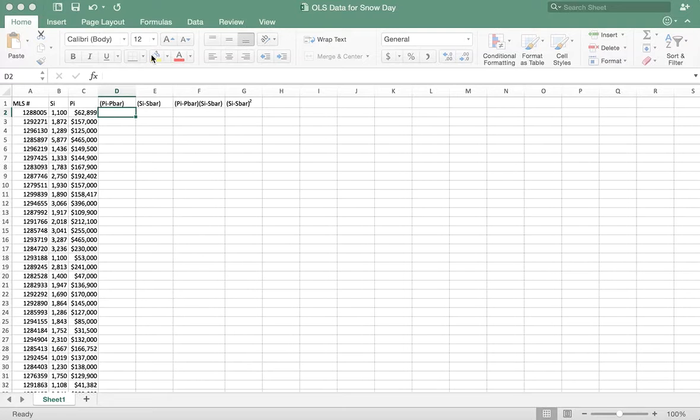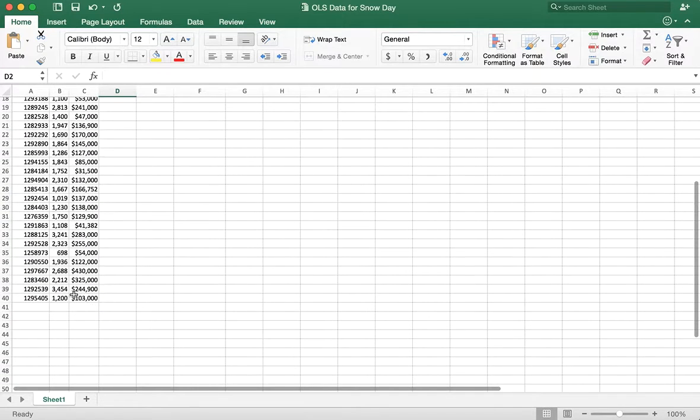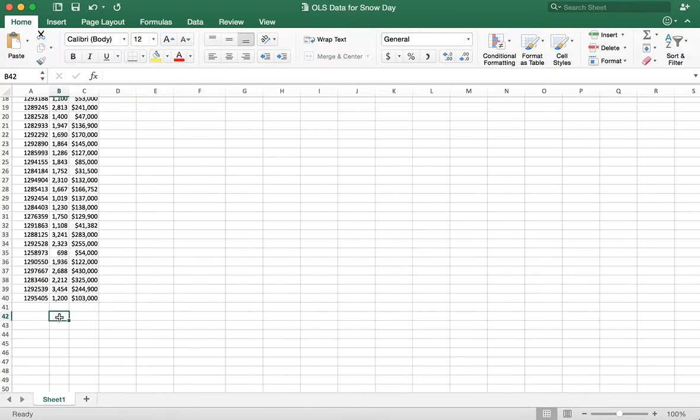Alright, we're going to try to apply what we just learned from the OLS tutorial. And so we're going to calculate the slope and the intercept of our regression by hand. In order to do that, we're going to have to use the means, the simple means or averages of square footage and PI. So I'm going to come down to the bottom of my spreadsheet and I'm going to enter